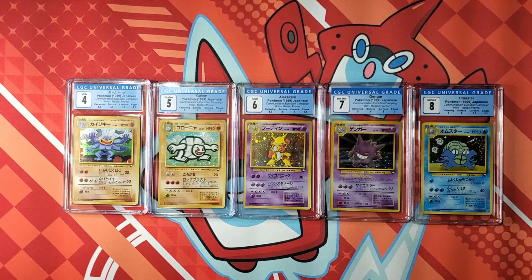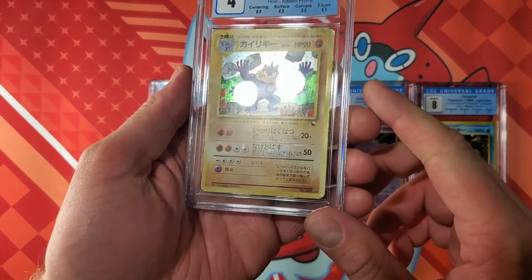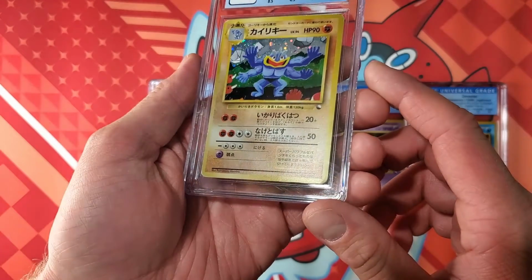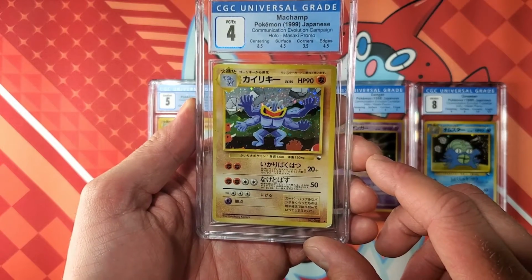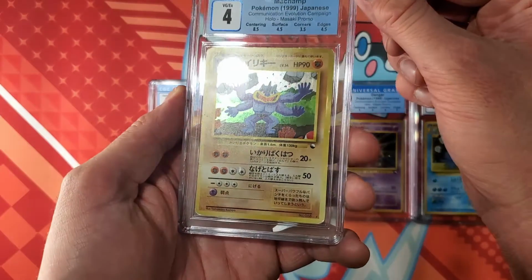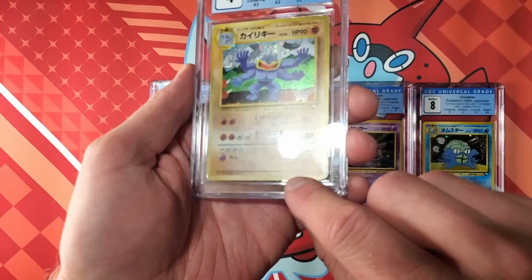Each company, I mean, neither's right, neither's wrong. They just have their own grading benchmarks, and they have their own thresholds for what's allowed at each grade. So you'll see here with this Machamp, it's got 3.5 for corners, 4.5 for edges and surface. So this one had a lot going on that brought it down to a 4, but you'll see substantial issues along all the edges and corners,